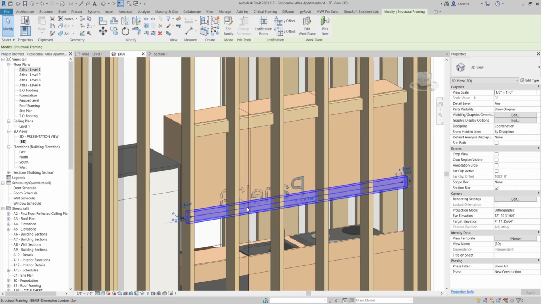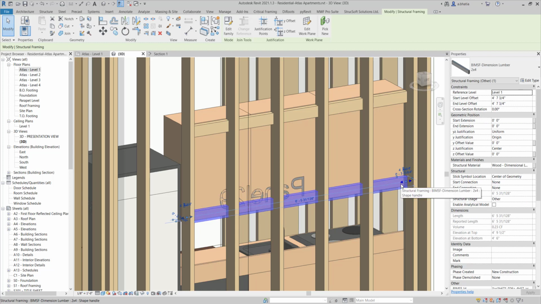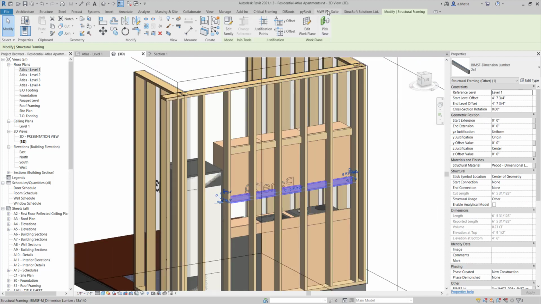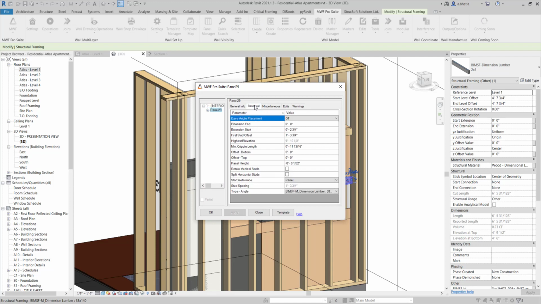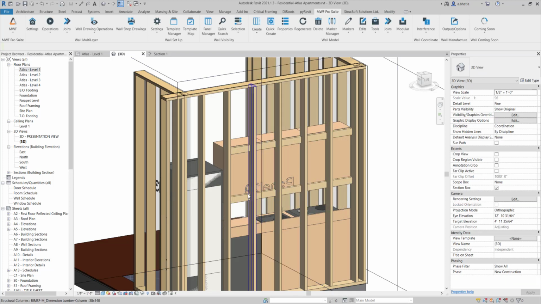And there you go. We have added blocking to our panel. But you can see that it's added as one single piece. We probably want that to be broken up. So we'll click on the properties again, go to our structural tab here, and make sure that we have the option of split horizontal studs checked on. We'll hit OK, and it will split up our